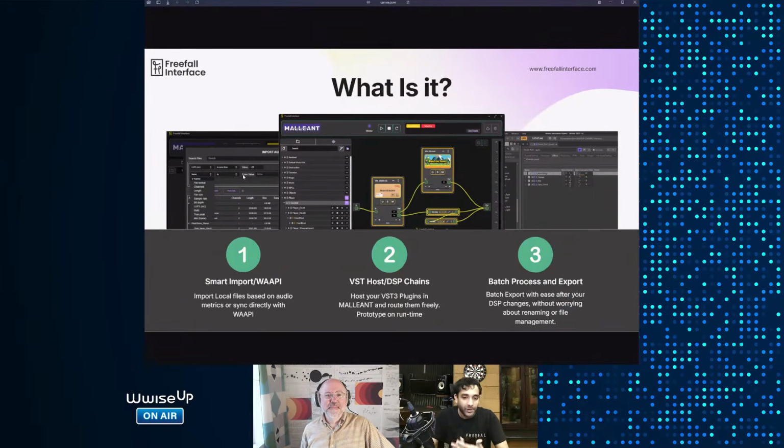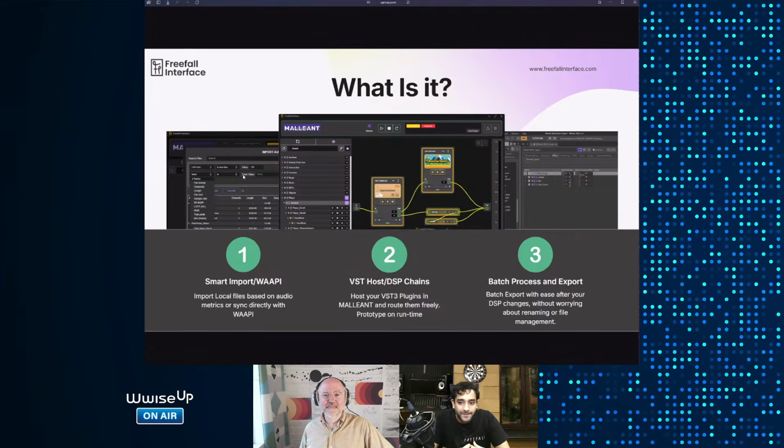So now that brings me to what is it? I told you about why, what the problem is. So let me talk about what Malleant is and what it does to solve that issue. Malleant works specifically in three stages, as I like to portray. The import or the WAPI stage queries all of what you have in your Wwise session and lets you access that in Malleant. The second bit is hosting VSTs. As a VST host, Malleant allows you to host VSTs as separate modules and route them between each other however you want, which is another benefit, parallel processing. Within the same chain, you have access to parallel processing, and that can benefit you creatively.